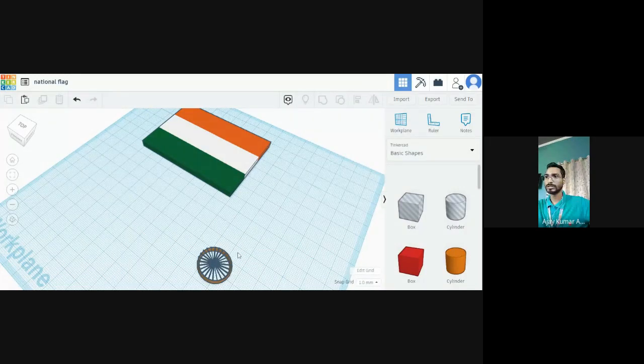After using the group command, it will take a little bit of time and it will get grouped. Okay, so like this. Again select it, though it will hang a little bit. Just select it and you can change its color to blue.